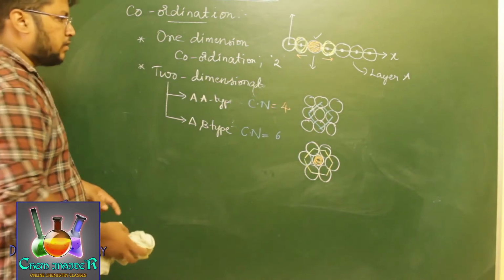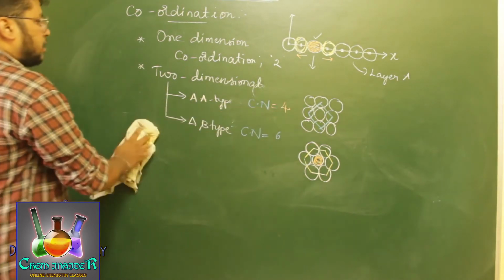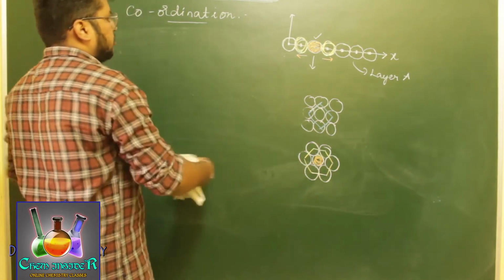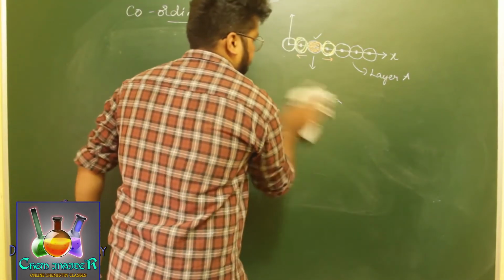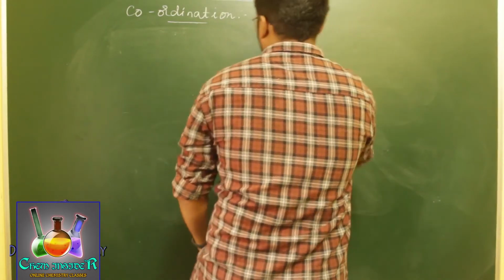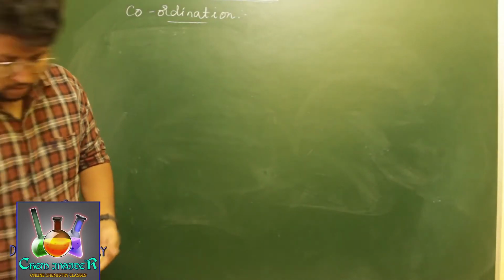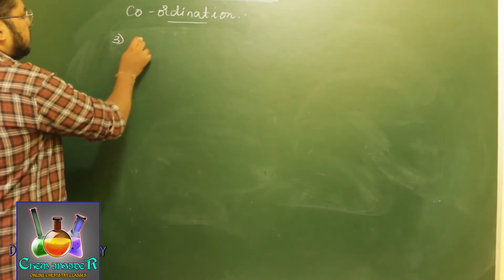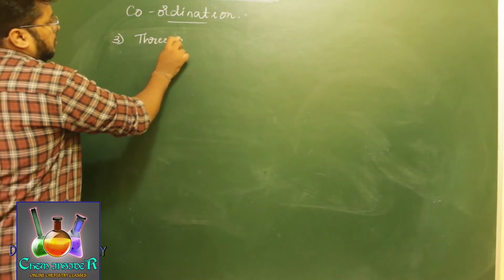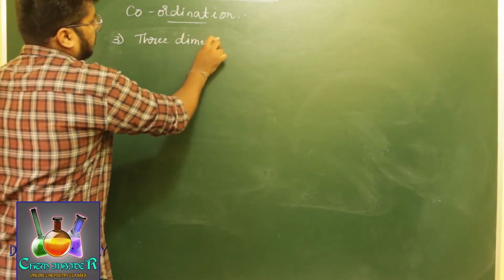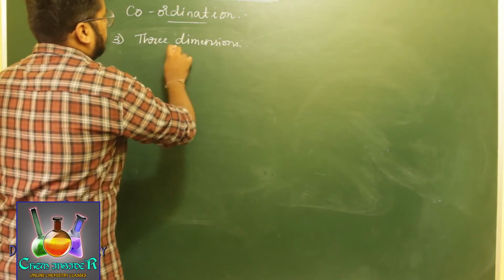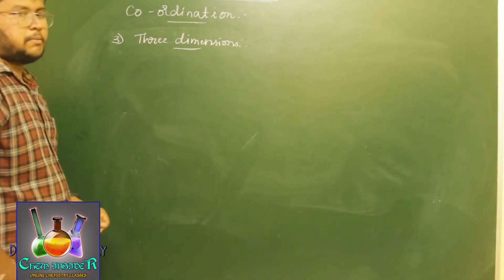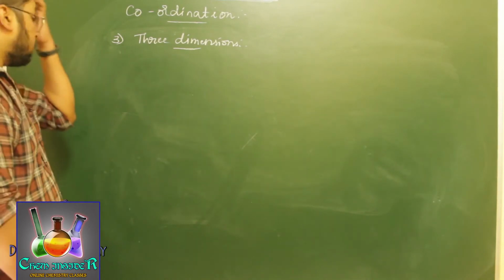So note it down if you want this complete structures. Next is 3-dimensional arrangement of atoms to find the coordination number of it. So in order to know the 3-dimensional arrangement, the third one is the coordination number of an atom in 3 dimensions. That is atoms arranged in 3 dimensions. Next we will discuss 3-dimensional arrangement of atoms in a solid state.